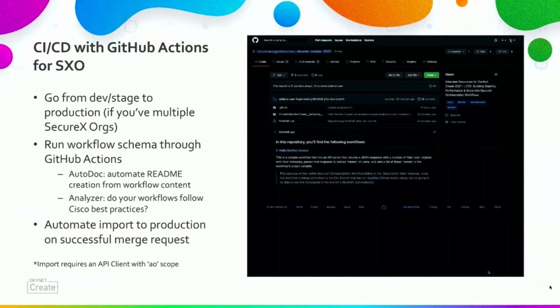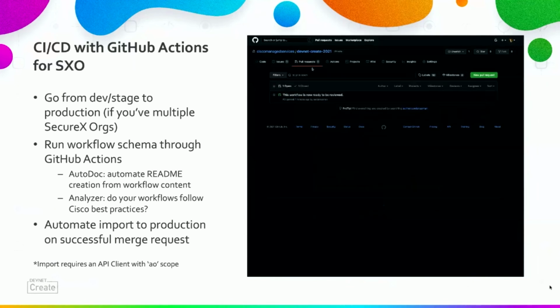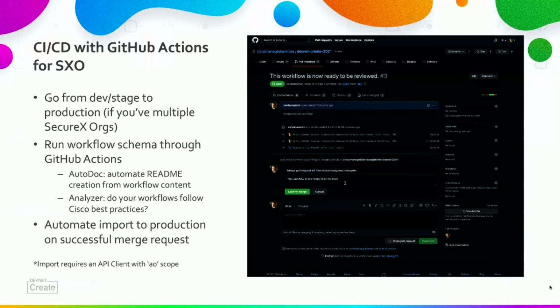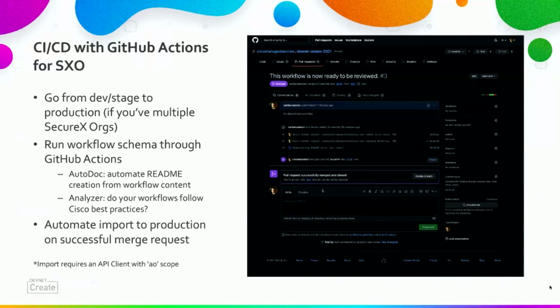And now as I've done that, someone else from the team comes in, sees that there's an open pull request, peer reviews what I've done. Again, they also get to see the checks that ran and were successful. And so they determine that this is good to push to production. So they go ahead and merge my PR into the production branch. Pretty standard GitHub CI workflow so far. Okay,